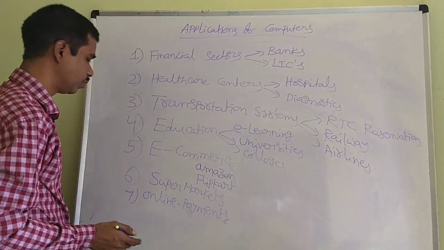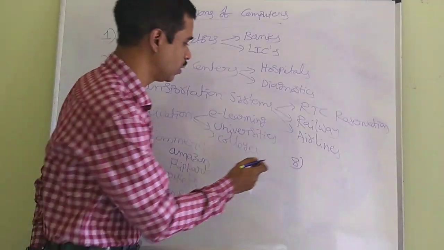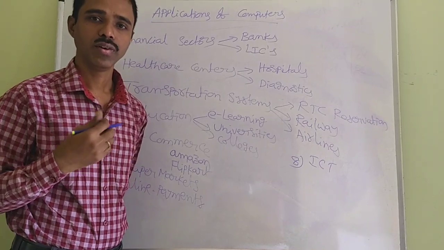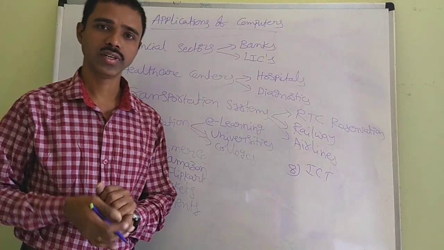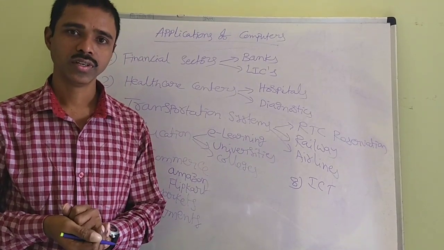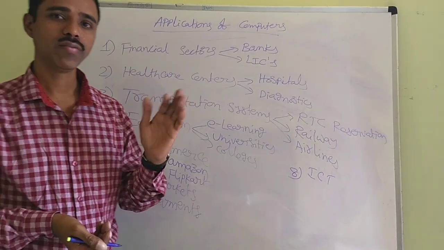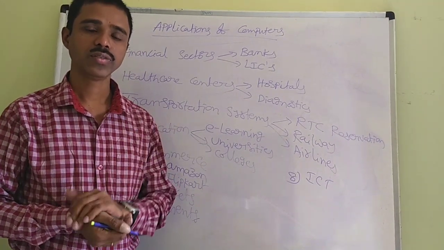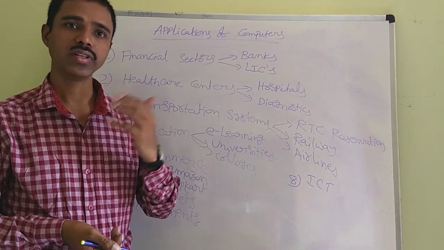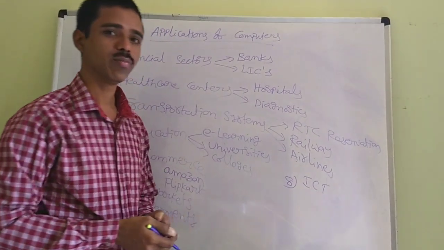Okay. Similarly, where are we using the computers in real time? ICT. ICT means information and communication technology. For example, in the colleges and universities and in the software companies, some seminars are going on. How are they presenting the seminars? Through some projector, through some seminar hall. In the seminar hall, some digital content will be available. So the speaker who is speaking about that seminar is able to give his demo on the dais. So there they are going to use the computer equipment. ICT means information and communication technology.